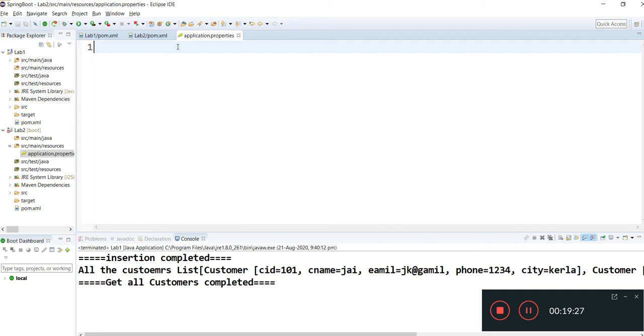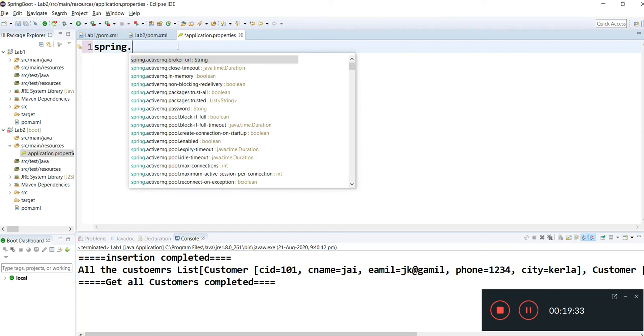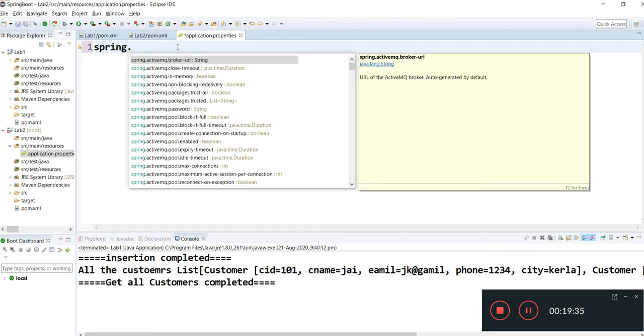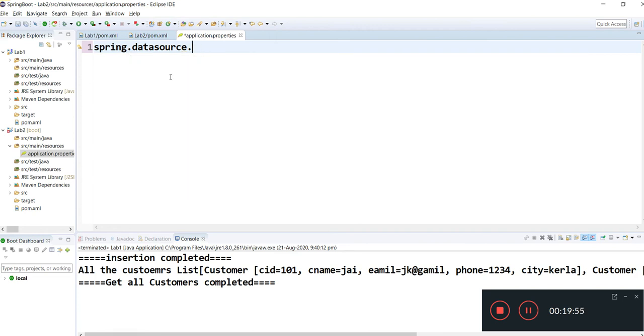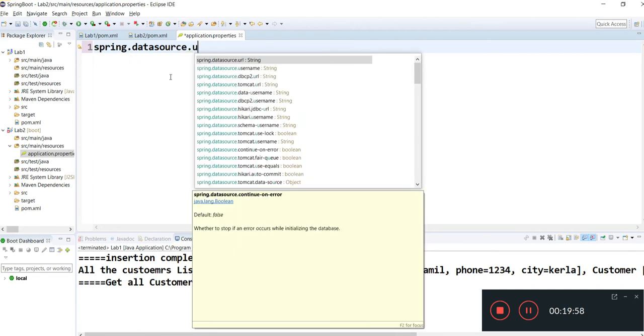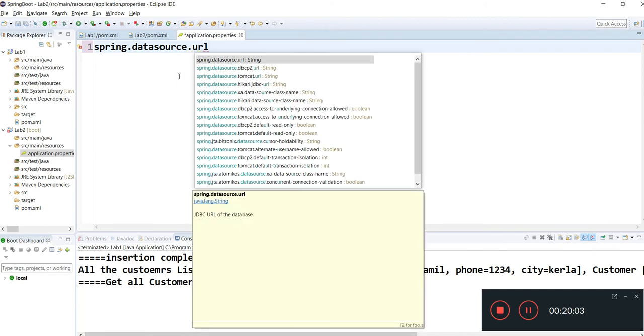So we will start writing our properties. First we will start with database properties. You need to write spring. If you see this leaf, then only you will see all these automatic suggestions for the tag which you are going to use. spring.datasource.url.